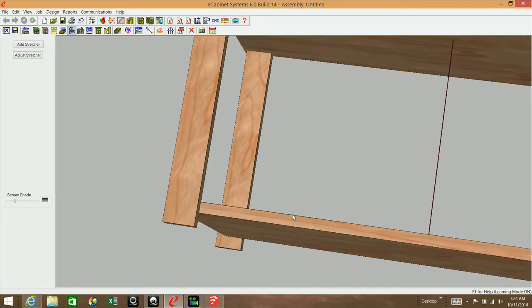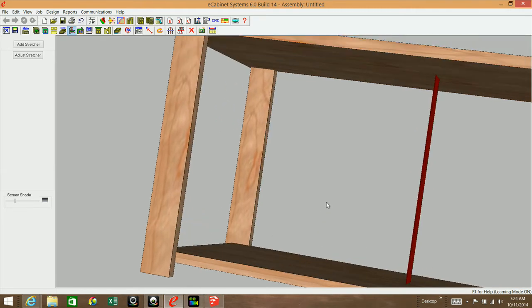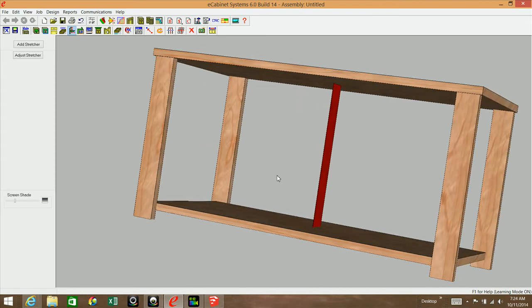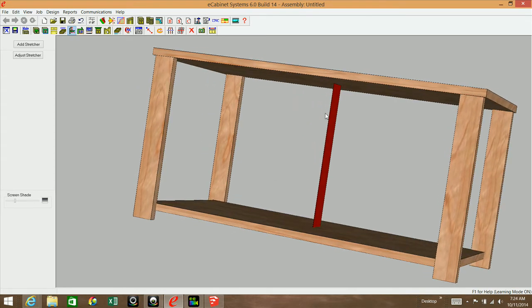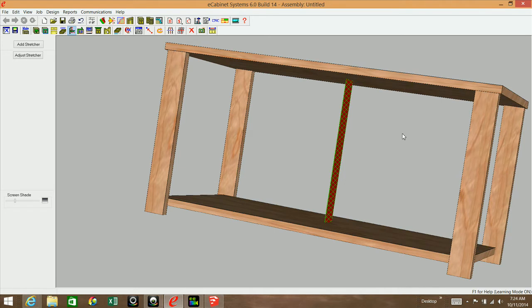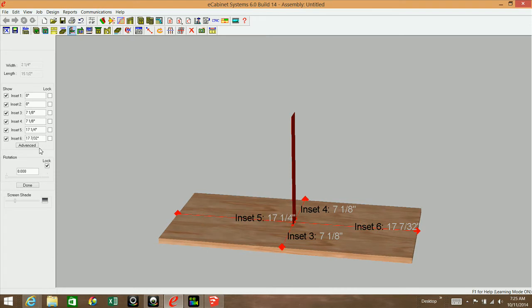Now I'm going to click on this thing, and I'm going to show you a couple of quirks, stuff that you need to look out for when you're dealing with these stretchers. And I don't know if these are bugs or the fact that we're trying to do something here that these guys didn't anticipate being done. But I'm going to click on this, and I'm going to click adjust stretcher, and I'm going to go to advanced,